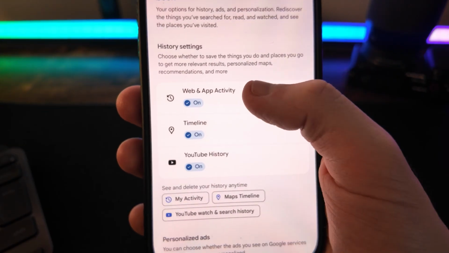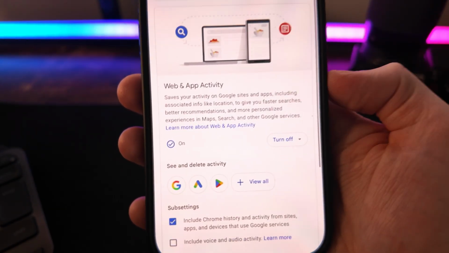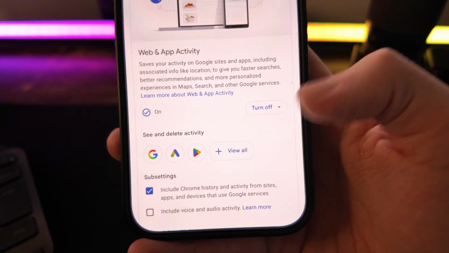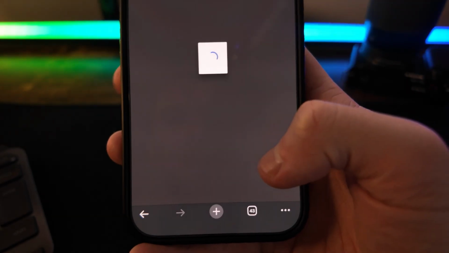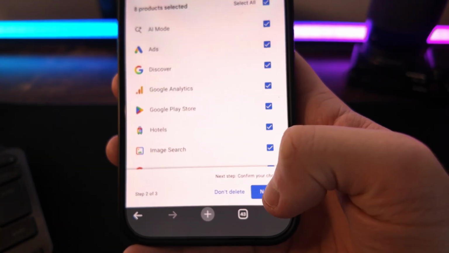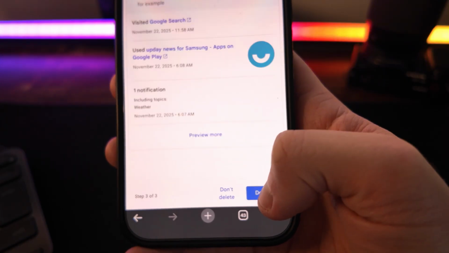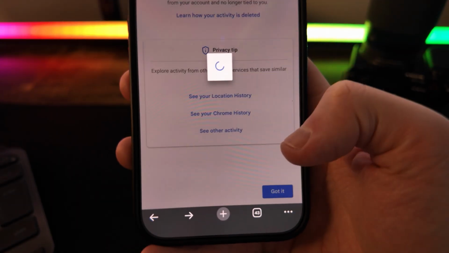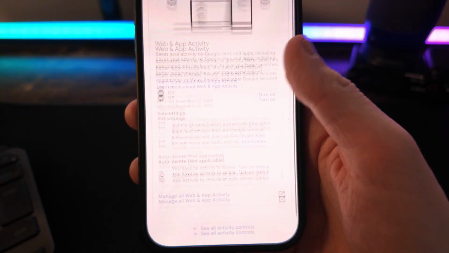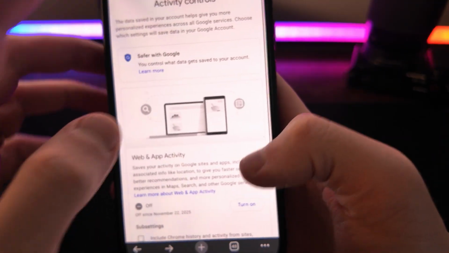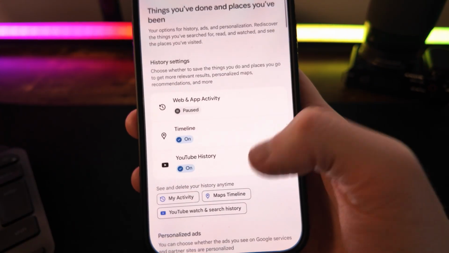Now what we need to do is go into these individual settings here, and then you will now see an option for turn off. You want to click on this, turn off and delete activity, and then that will then remove all of your activity, and then you can then click on next. You will then be able to delete all of these, and then once we have got the deletion complete on that one, we can go back to our main Google account here, and then you can then go down to